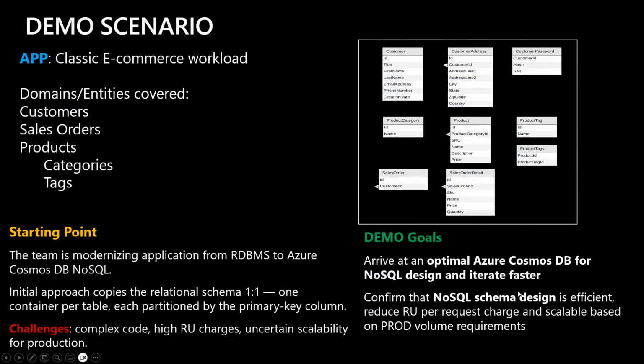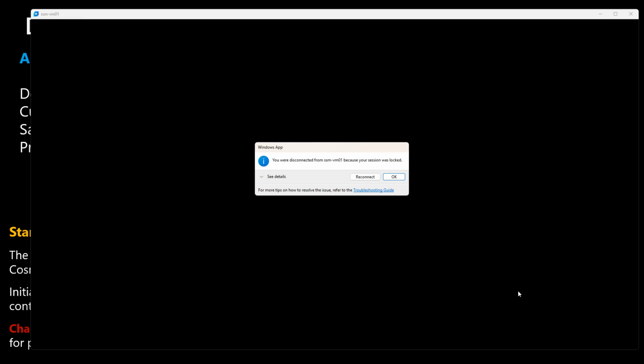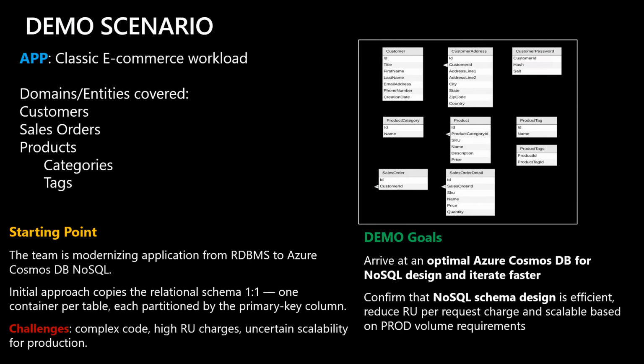So, let's take a look at our demo scenario, what we're going to show today. We have a very simple, classic e-commerce application data model with customer domain, products domain, and sales order domains. As a starting point, most of the